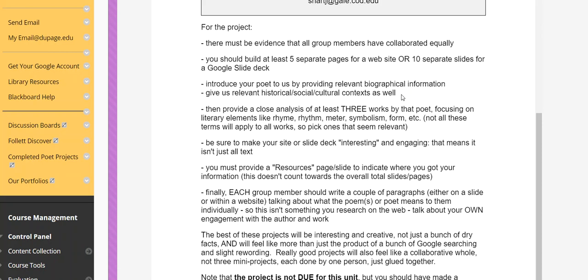especially if you're providing just trivia or biographical details. Try not to just bullet list everything about a person. Try to choose things that are interesting, but also maybe connect them to the works that you're looking at. Again, especially if you're finding sources at particular sites, I'm not too concerned that we're citing per MLA citation style or whatever, but definitely foreground, on a slide or on a web page, what sources you're using, so we're not pretending that you're just inventing this.